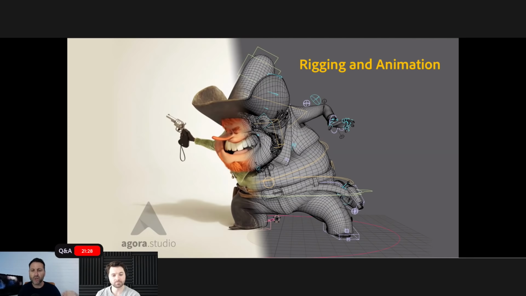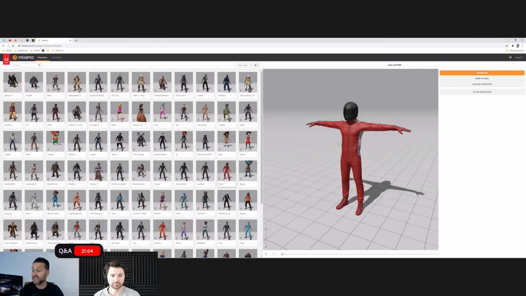What I want to do today is take you through some basic programs which actually auto-generate a rig, and then take you to the other extreme, which is showing you a professional model and how somebody in the industry would look at this professional model and be able to animate it. So the cool thing with an auto generator, and we've got one, and this is actually an Adobe product,